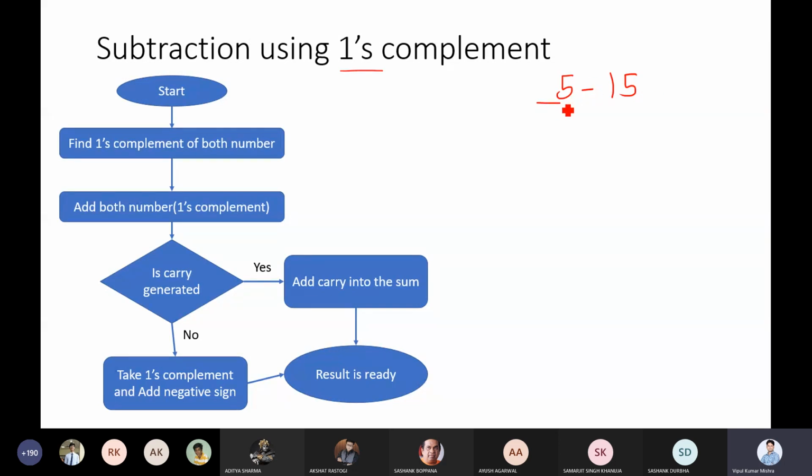First of all, what is the ones complement for plus 5? Let me say it is an 8-bit number. Why am I taking 8 bits? Because it is convenient for us. If we say 32-bit, then unnecessary zeros will be there, and for explanation it becomes difficult to write 32 bits. That's why I'm going with 8 bits. But if you have a large number, you can go up to 16-bit, 32-bit or whatever. The method will remain the same.